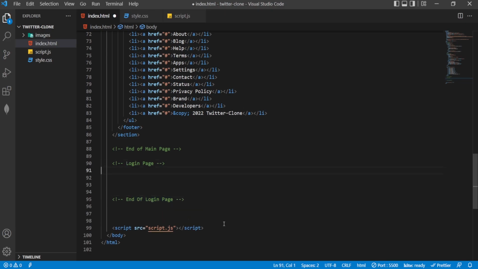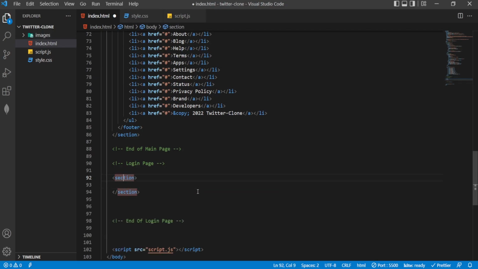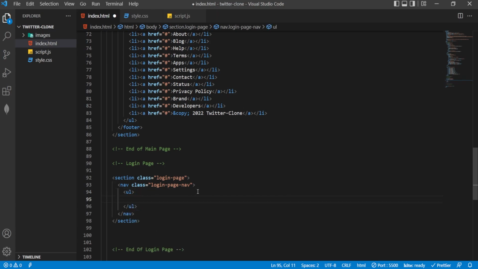So now let's give a section tag and give a class login-page, and now give a nav tag and give a class login-page-nav, and then give a ul tag, and inside that give an li tag and give a class brand,